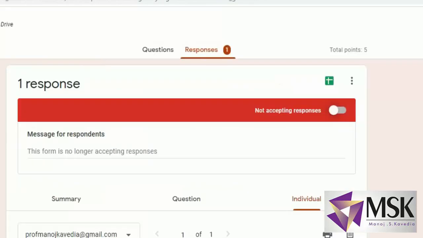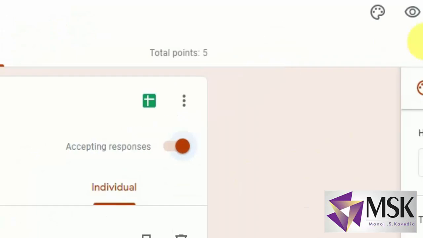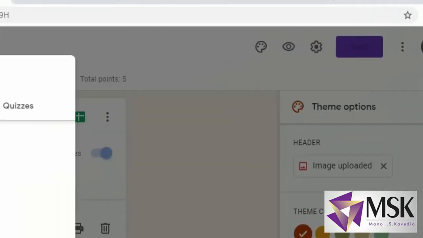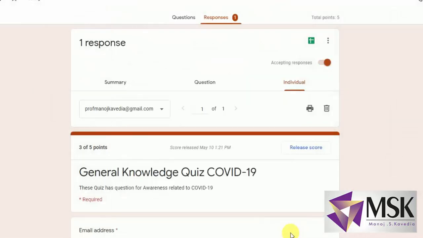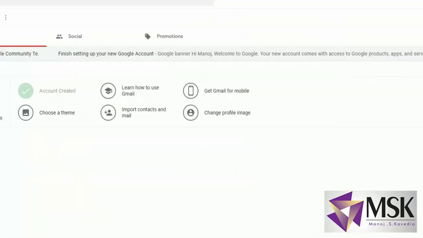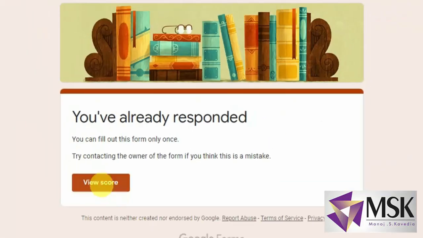Let's see one more setting. In this, again I'm making this quiz open. In this setting, I am now changing the setting of the quiz so that it doesn't show me the missed questions or the correct questions, and I'll save this. So now again I'll go to the mail and see what the response is now.